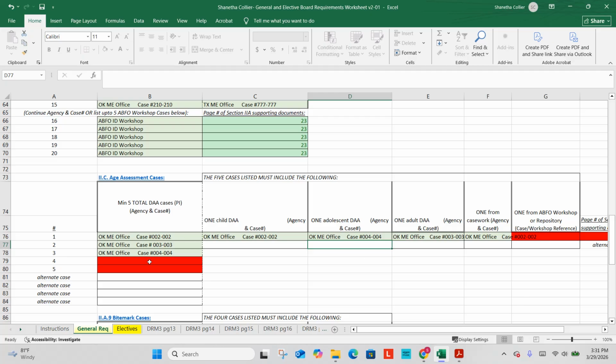Okay, now you can earn up to 3 cases from the ABFO workshop. So I'm going to fill this in as if I have gotten 3 cases from the ABFO. So I'm actually going to come in here and just delete these for the sake of showing you how things would look if you completed the ABFO workshop. Okay, so